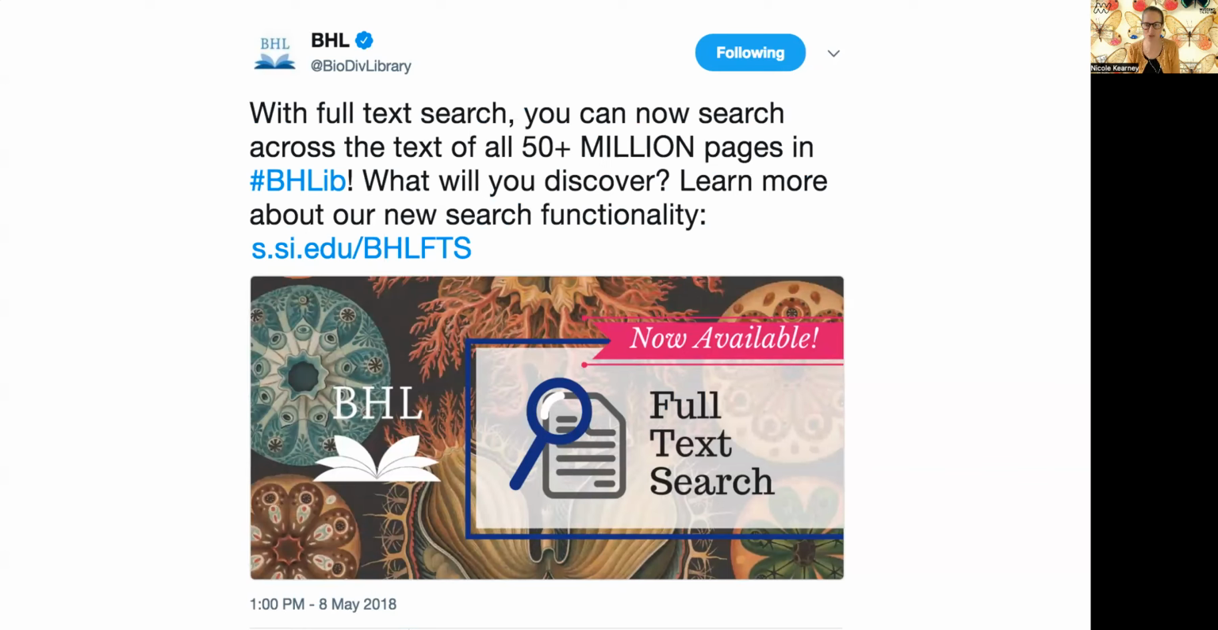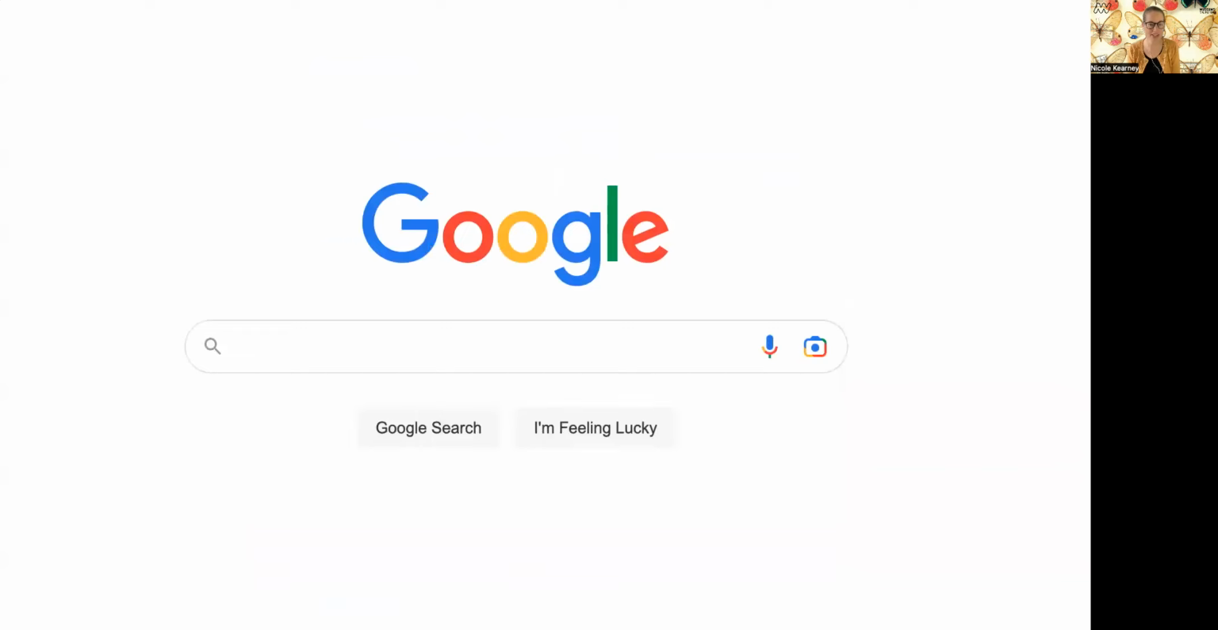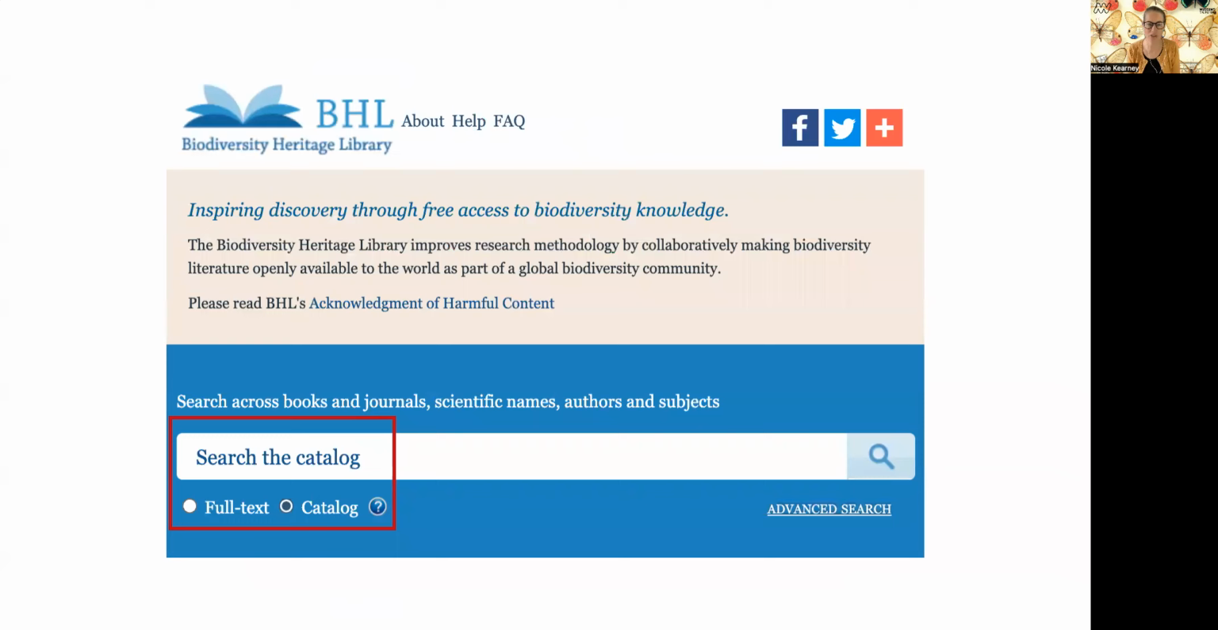And if we want the content on BHL to be truly discoverable, we need it to be discoverable via the tools most people use to find stuff online. And that's external search engines. I would argue that if external search engines can't find our content, we might as well have left it collecting dust on a shelf. The only content on BHL that's discoverable from outside the BHL website is what's in the